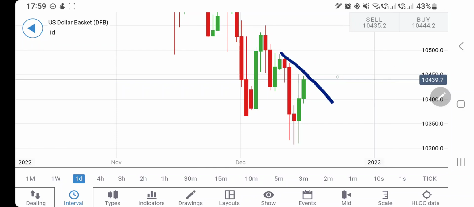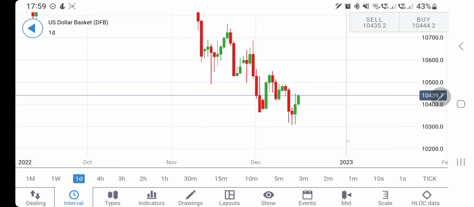Till the time it trades below 105, I will not consider this for a buy. Only above 105 you can still expect 105.5 as a greater resistance, and beyond that it should be considered bullish. So till the time it trades below 105 levels, I will not consider it as a good buy. Though you can buy at 104.5, expect 104.8 and 105 levels to provide very strong resistance, and beyond that should be considered for a reversal. So this is one observation.